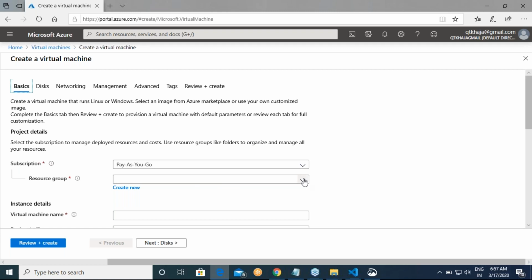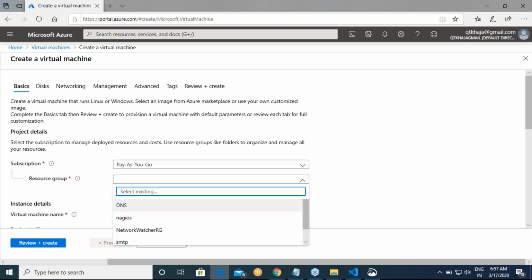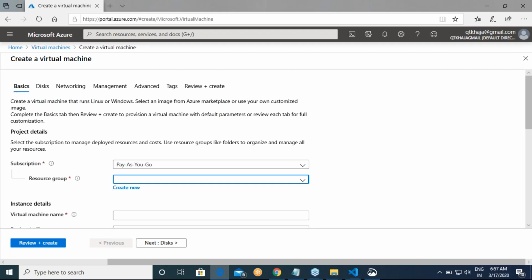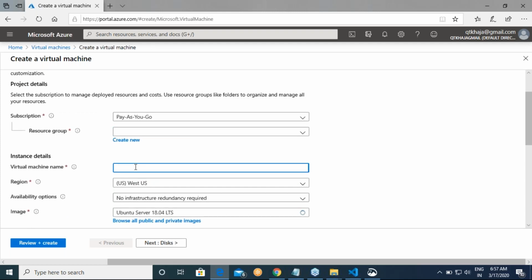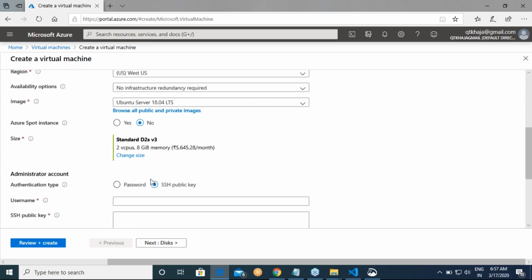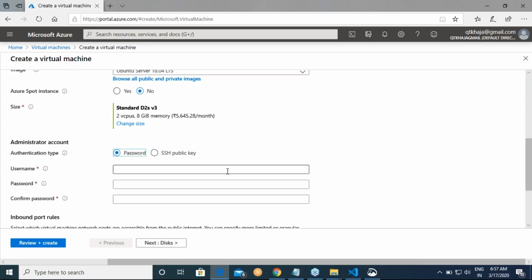I'll go into the same storage account demo. I'll give some name. Because I want to verify this, I'm not going to actually create this machine. So I'll be giving it the name DevOps.